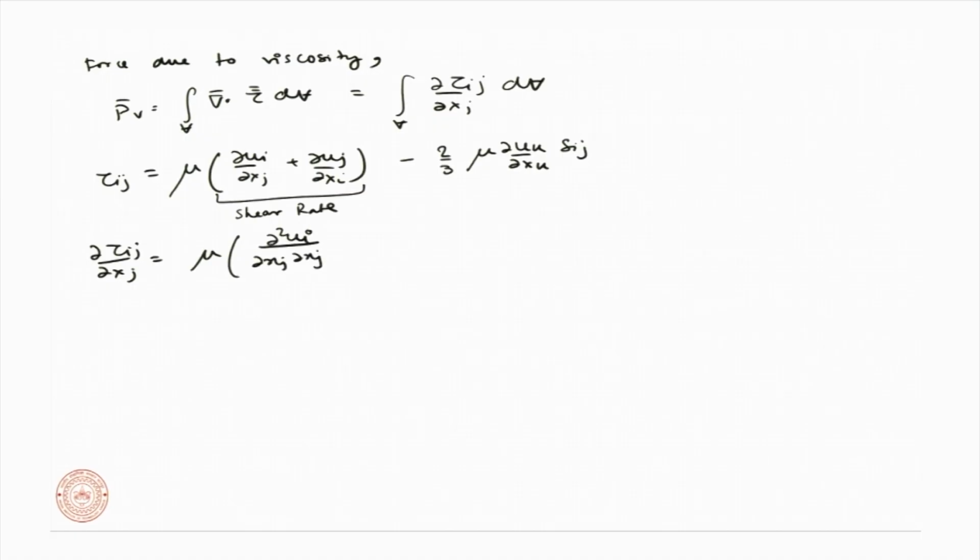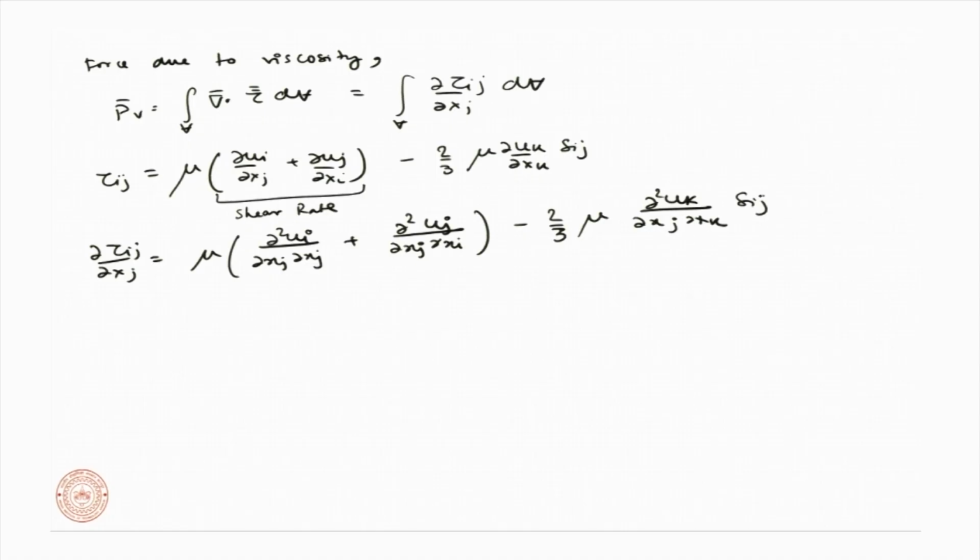I am not writing del xj square because the index needs to be repeated and shown, plus del square uj by del xj del xi, minus 2 by 3 of mu of del square uk by del xj del xk times delta